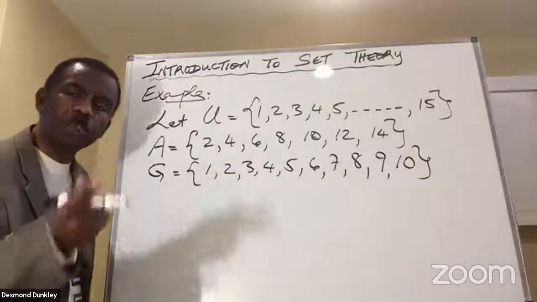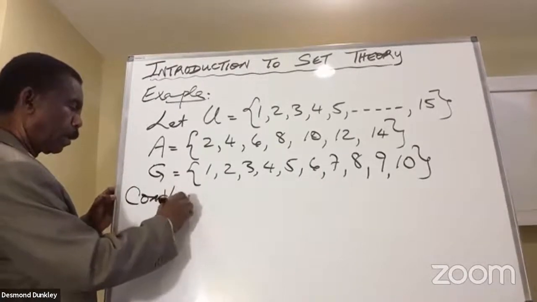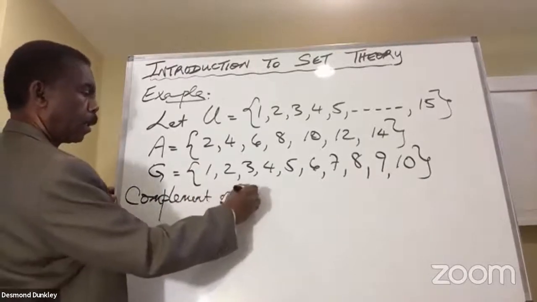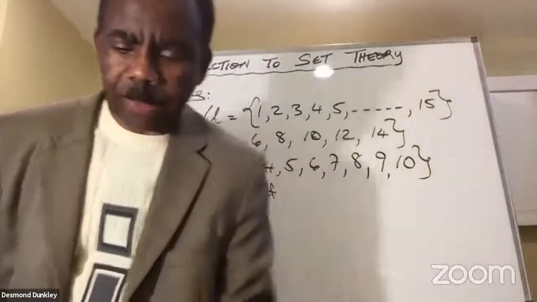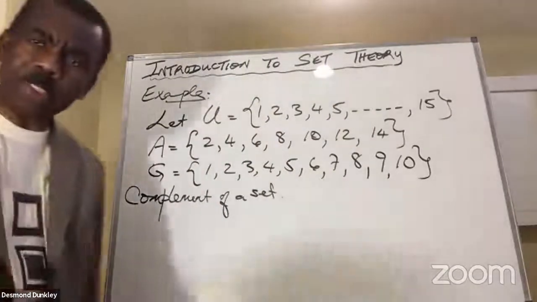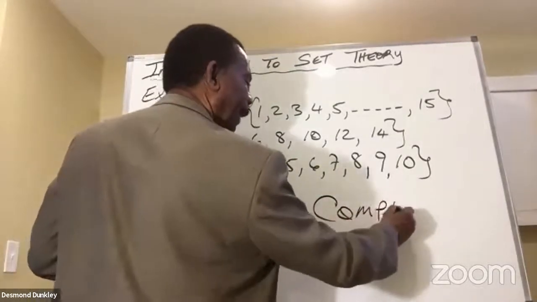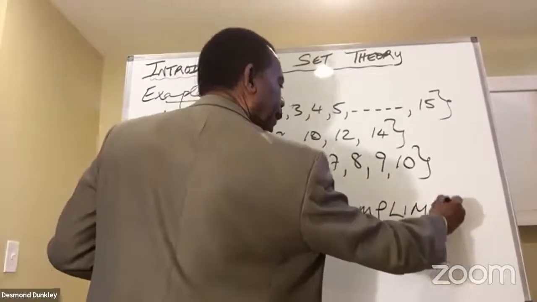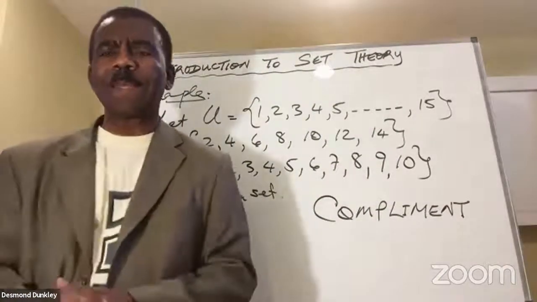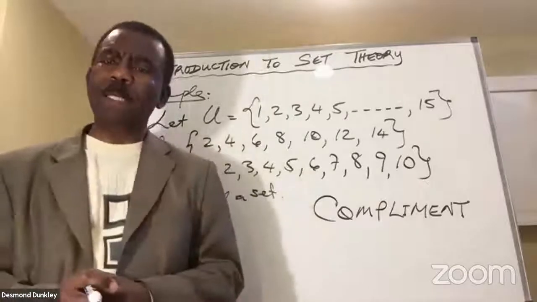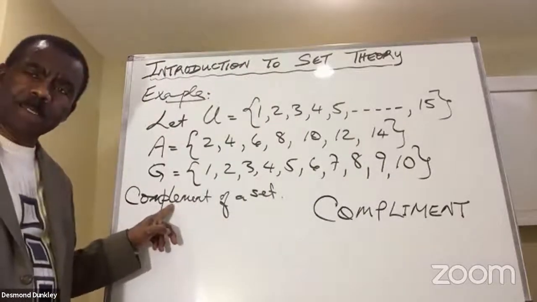Right, so new term: the complement of a set. Now, when you hear the word complement, the English teachers in my midst would say, wait a minute, complement is spelled C-O-M-P-L-I-M-E-N-T. Complement, when you're giving somebody favorable feedback, is compliment. But that's English. This is math. Math uses the word complement to refer to,